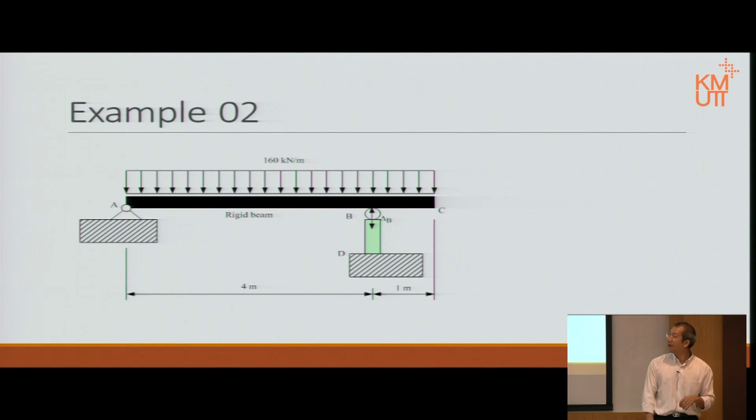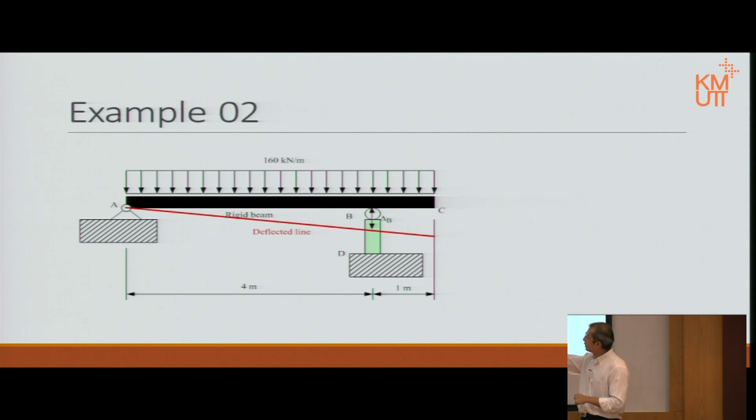Point A stays still, but point B moves down equal to delta B. This we actually calculated already. And if the beam is rigid, then it must remain a straight line. If it remains a straight line, then it will look like this. If you notice, this is 2 triangles. One triangle is from A to B and to there. The second triangle is from A to C to there. These 2 triangles are what we call similar triangles, and therefore